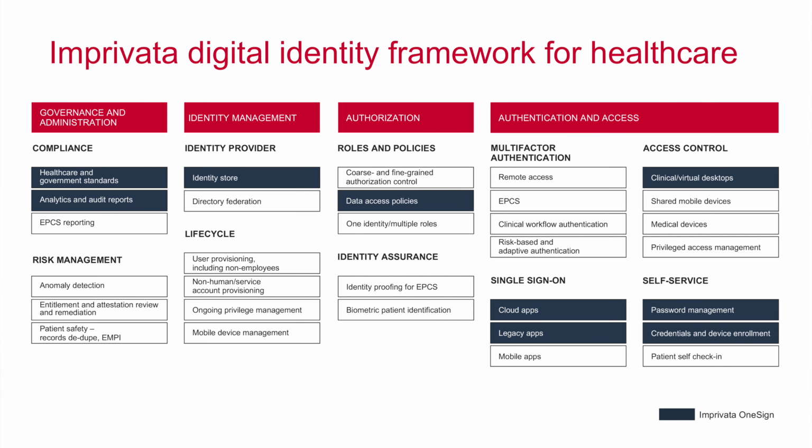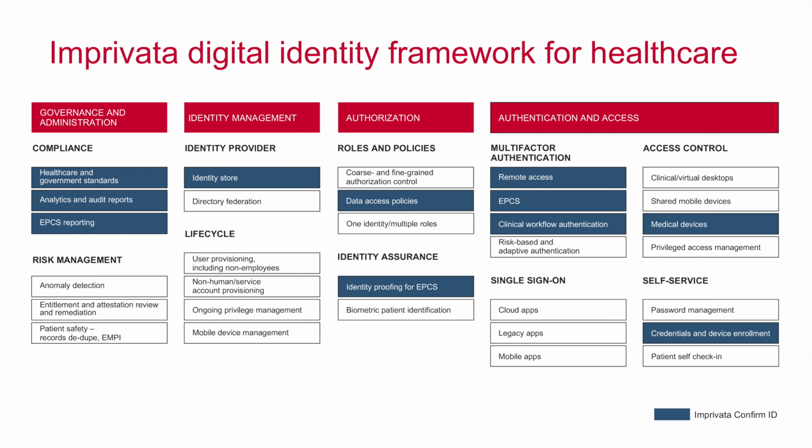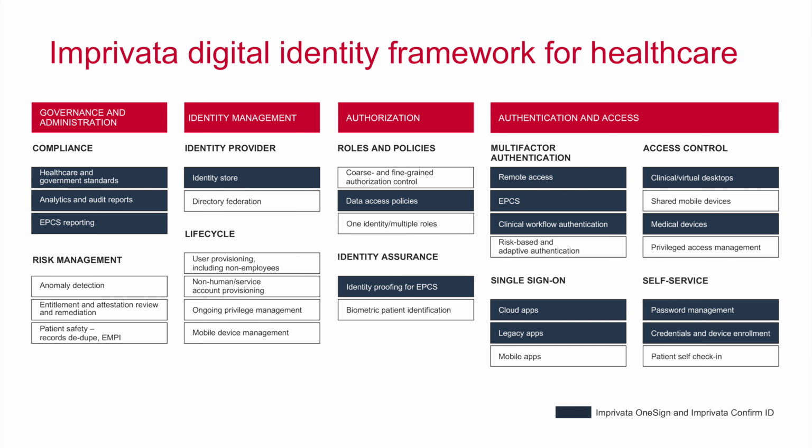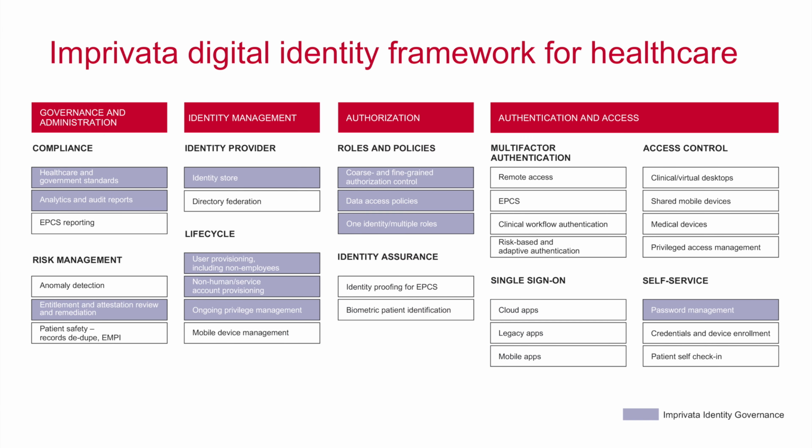After that, we said, okay, how does Imprivata's product portfolio help you meet these capabilities in a digital identity strategy? And since everybody has OneSign, that's the first one we mapped against these capabilities. And it actually takes care of a lot of the capabilities, checks the box, so to speak. And then many of our customers who have OneSign also have Confirm ID. So we said, what do those look like? How many capabilities can you check off the box for if you have OneSign and Confirm ID? And then, of course, our major product in this category is Imprivata Identity Governance. That's the one from provision to deprovision and the role-based access in between there. And if you have that product, how many of these capabilities are checked off?